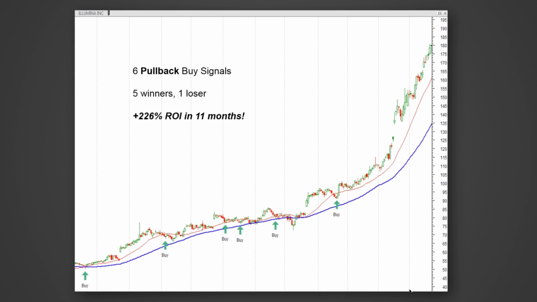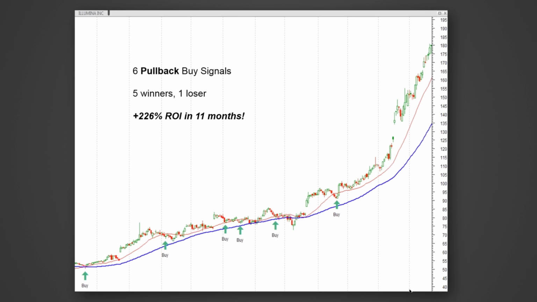There isn't one on this particular chart because this isn't much of a pullback here. This is just a straight shot up. This is Illumina, which is of course a big biotech, highly favored and rated by all the analysts. It's one of the great trading stocks. This chart, over a period of almost a year, about a year's worth of data here, gave us